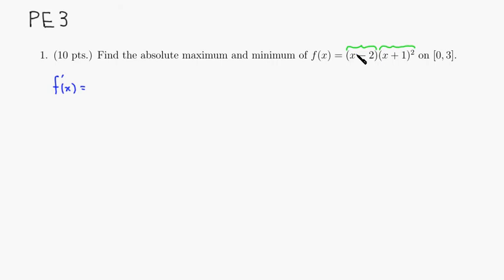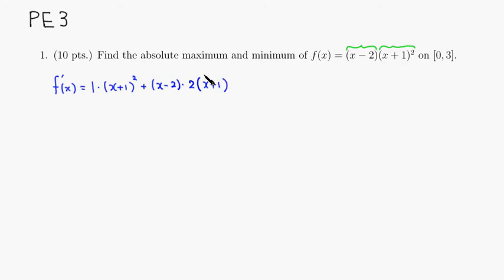The derivative of the first guy is 1, times the second, so it's the quantity x plus 1 squared, plus the first guy, x minus 2, multiplied by the derivative of the second. So put 2 in front, and then you have x plus 1,